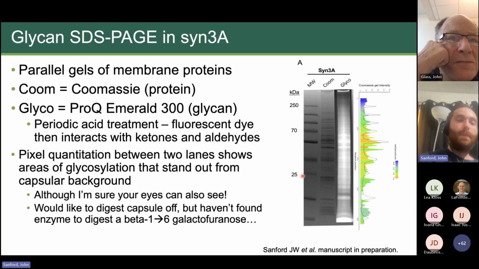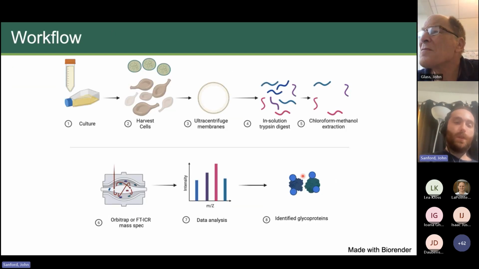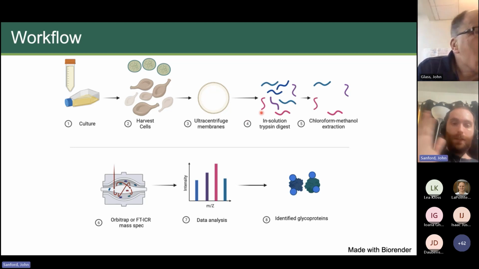So in the context of this talk, we proceeded to move forward to do glycoproteomic analysis. A workflow for this is we culture the organisms and harvest them. After lysing the cells, I have M. genitalium and syn3 here for examples. We ultracentrifuge the membranes after lysis, perform an in-solution trypsin digest on these centrifuged membranes, and then do a chloroform